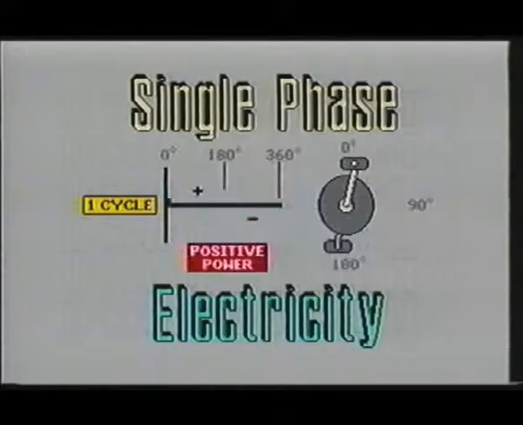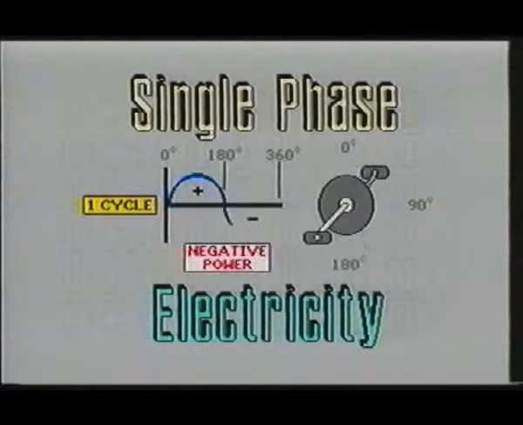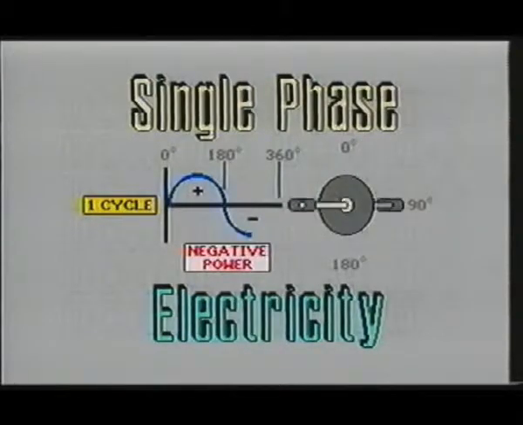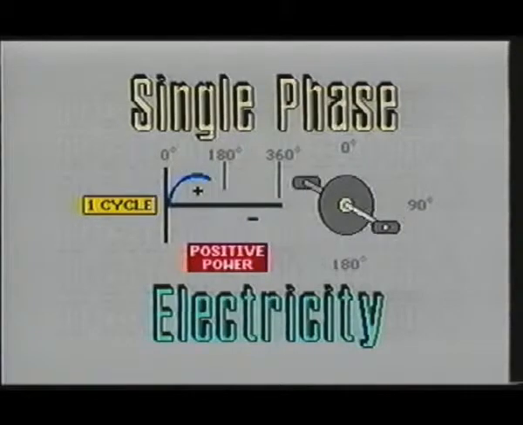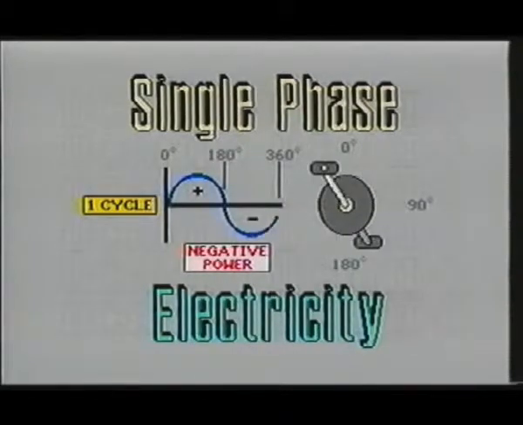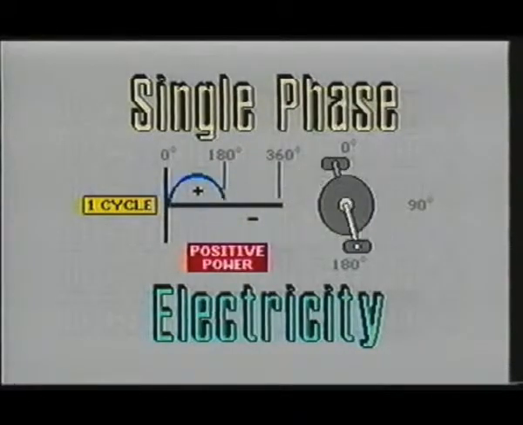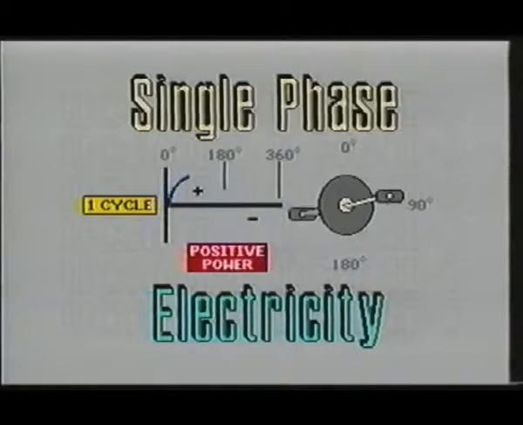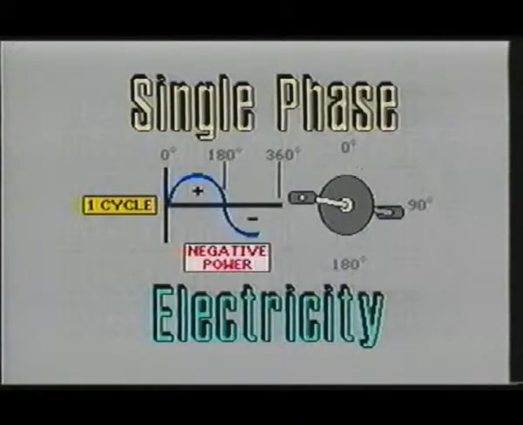Here you see the AC sine wave being illustrated with a bicycle pedal used to illustrate the 360-degree cycle. When the front pedal is between 0 and 180 degrees, the pedal is in its positive power portion of the 360-degree cycle. When the rear pedal, behind the sprocket, reaches the 0-degree point, it produces the negative power portion of